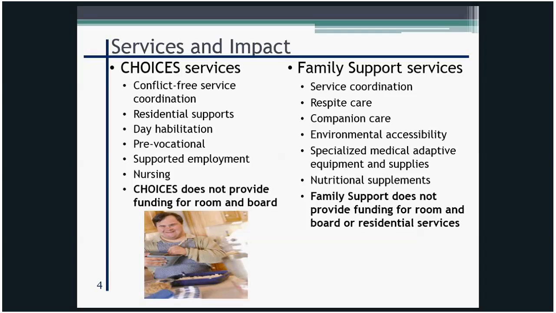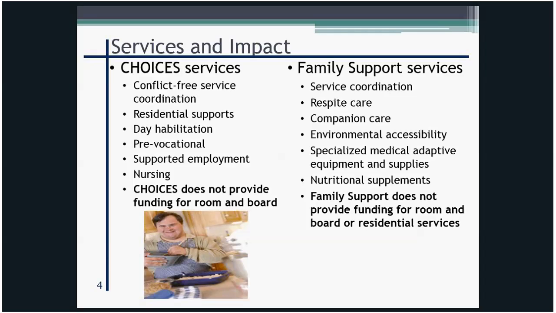Again, in Choices, you're not going to have residential support, so a lot of times families consider that. Does my son or daughter need round-the-clock residential support outside of the family home? If that's something that they need, they'll generally look to Choices. But if they feel like,